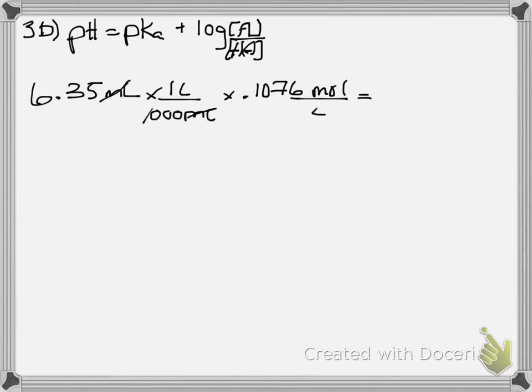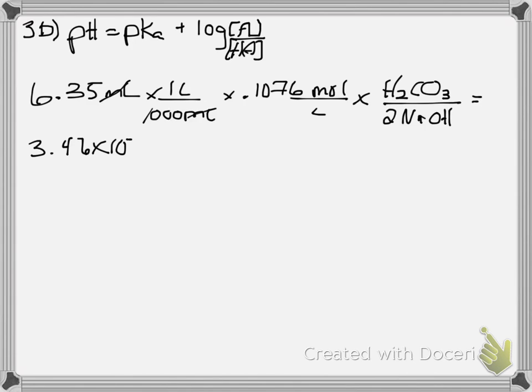I know the molar ratio of carbonic acid is 1 carbonic for every 2 NaOH, so I can convert right there. And so we figure out that there are 3.46 times 10 to the negative 4